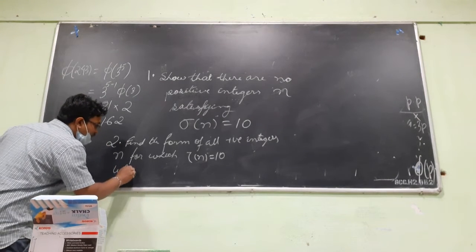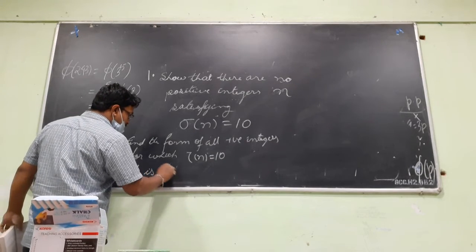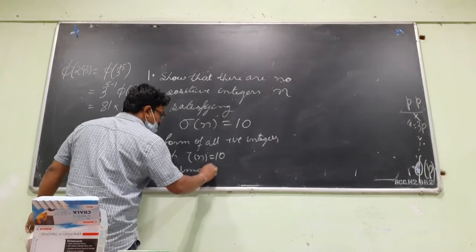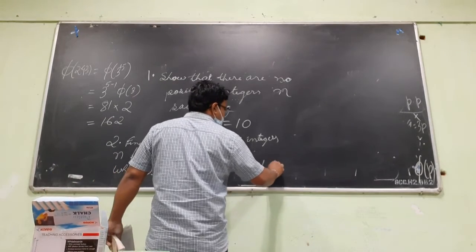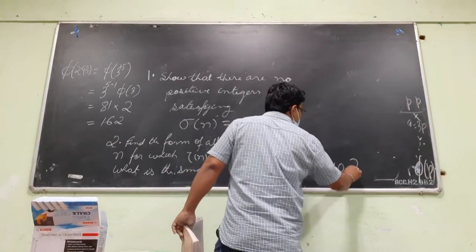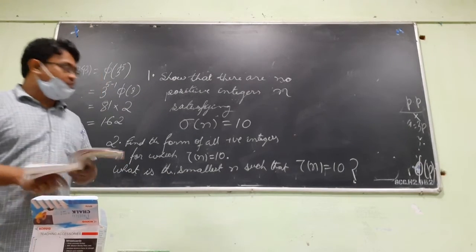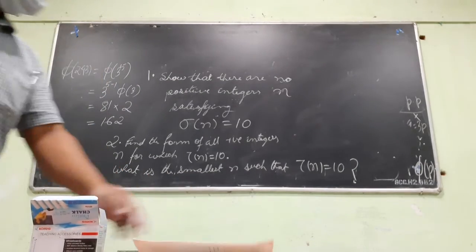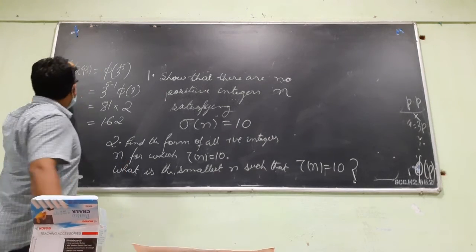And what is the smallest positive integer n such that tau of n equals 10? You have to find the smallest number which has exactly 10 positive divisors. Okay. Good. So you try to think about this too. Tomorrow we'll